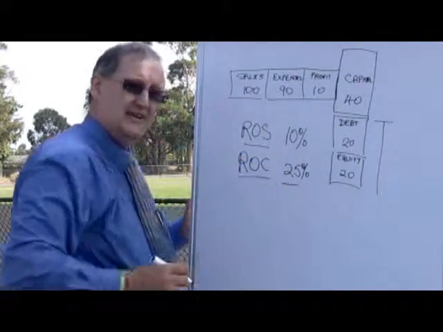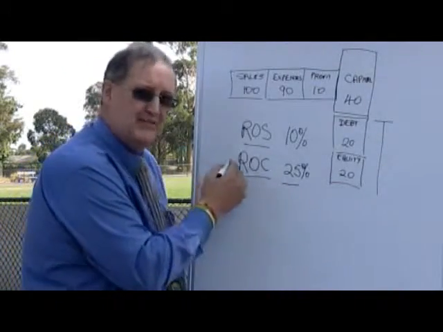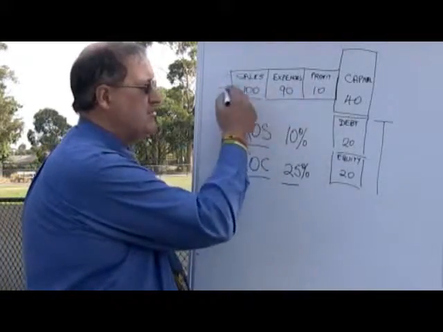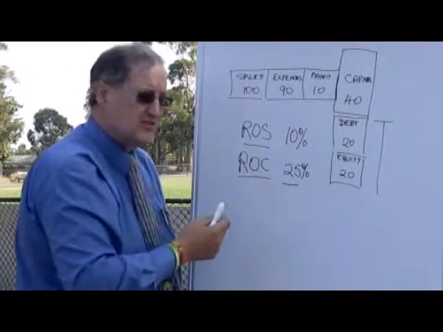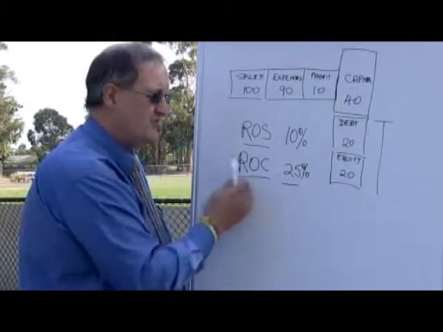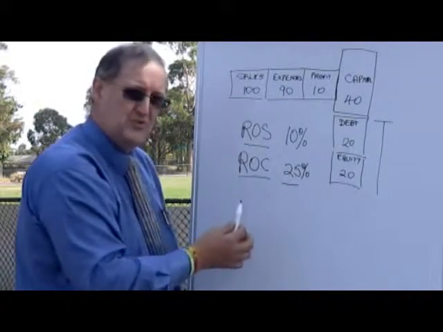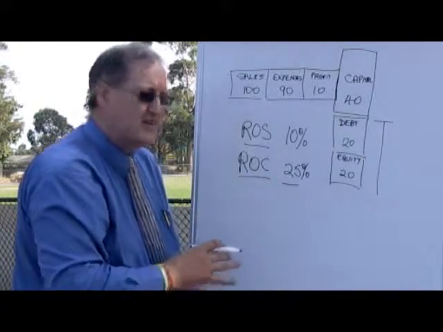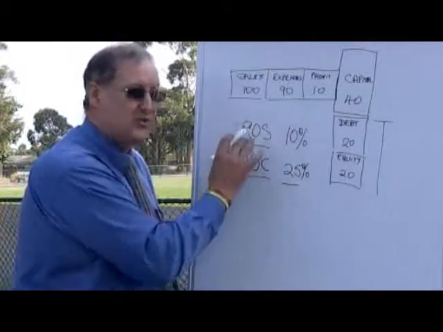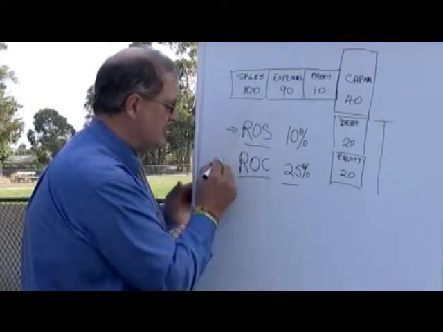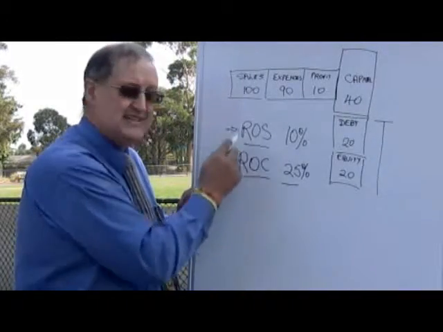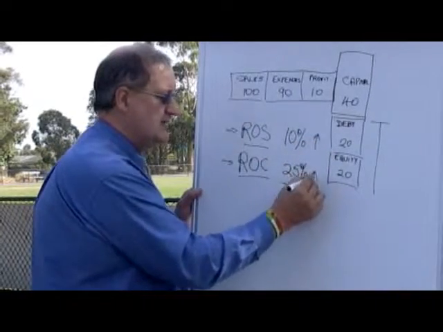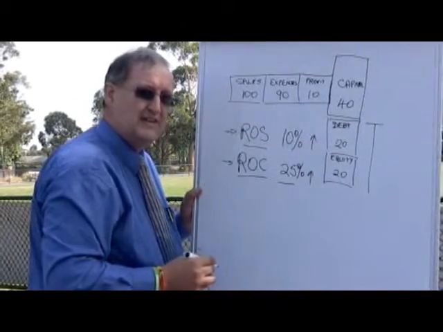Now that's a different looking number. And so many people never calculate their return on capital. They spend all of their time scurrying around in their profit and loss account and measuring return on sales, where return on capital shows a far bigger number. And in our view, if you want to know if you're doing well in business, it's not just one measure. You will see that we have lots of measures, but today we're talking about 2: return on sales and return on capital. And you really need to calculate them both and make sure that they are both heading upwards, and that will tell you how well you're going in your business.